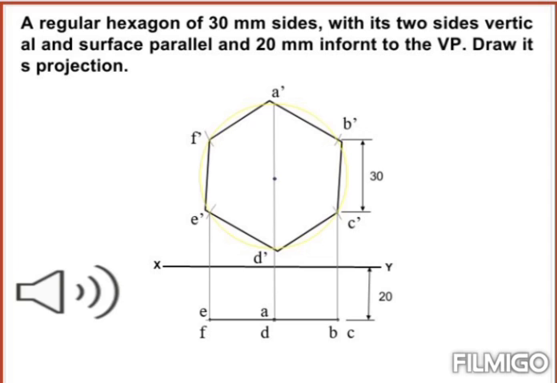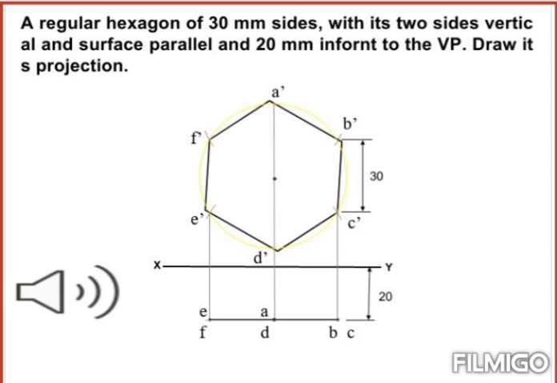Now after drawing this line, we can draw other sides of the regular hexagon. As we know, the interior angle of regular hexagon is 120 degree. So by drawing other sides of this regular hexagon inclined at 120 degree to each side, the length of all these sides will be kept as 30 mm, as it is given in the problem that the length of the side of regular hexagon is 30 mm.